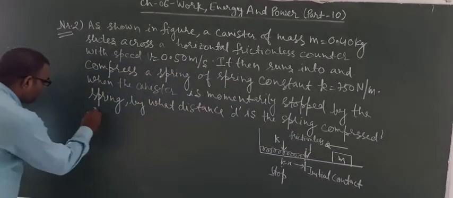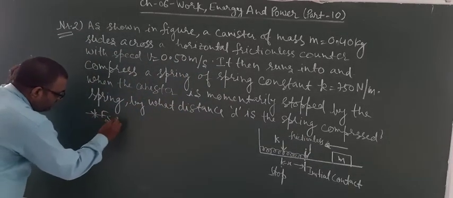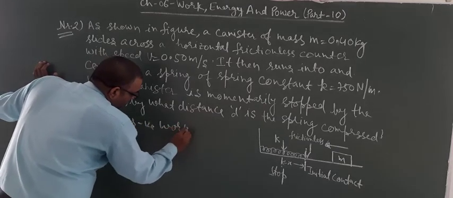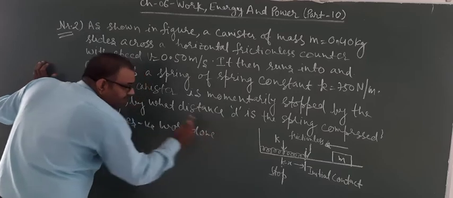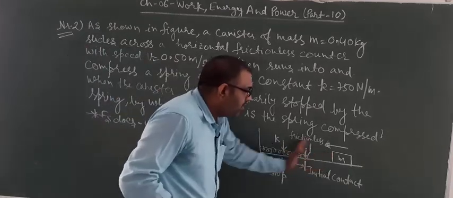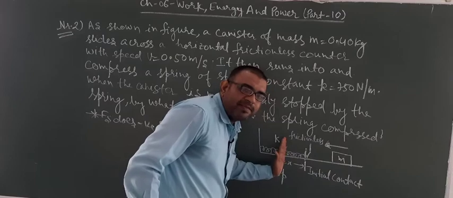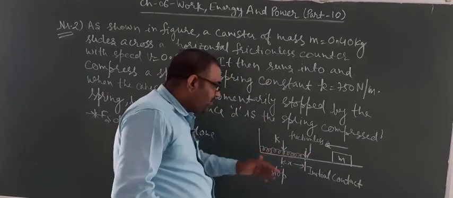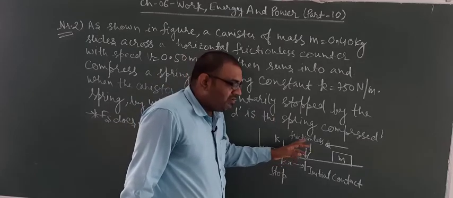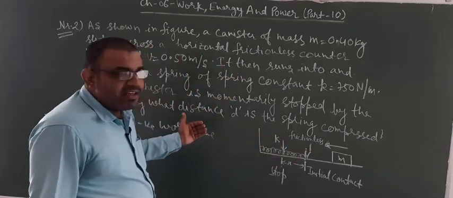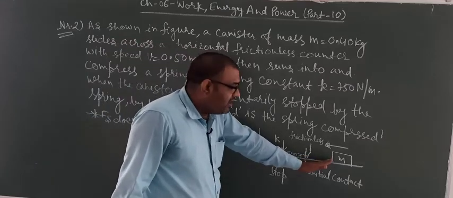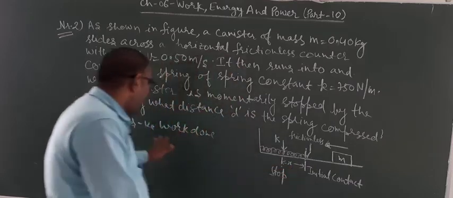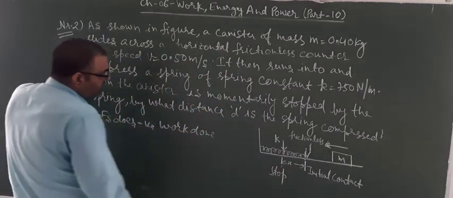Fs does negative work. Why is it negative work, students? Because the force is acting in this direction and the displacement is in this direction. So obviously, if force and displacement have opposite directions, the work done is negative, and as the work done is negative, momentarily this block is going to be at rest after traveling a distance of x. So Fs does negative work, and